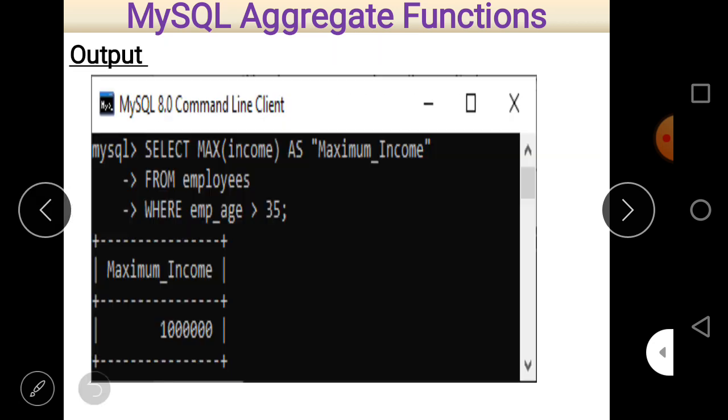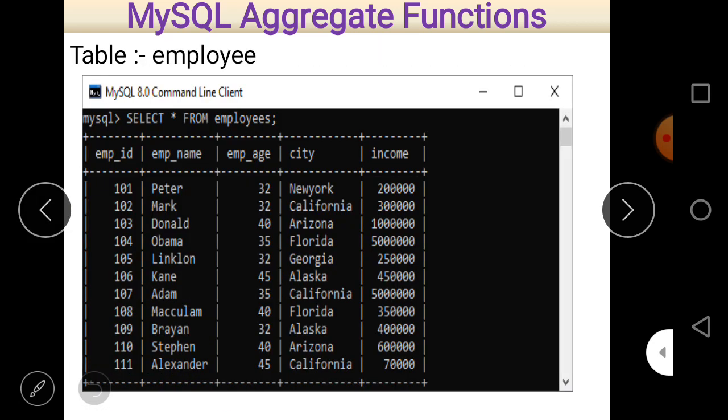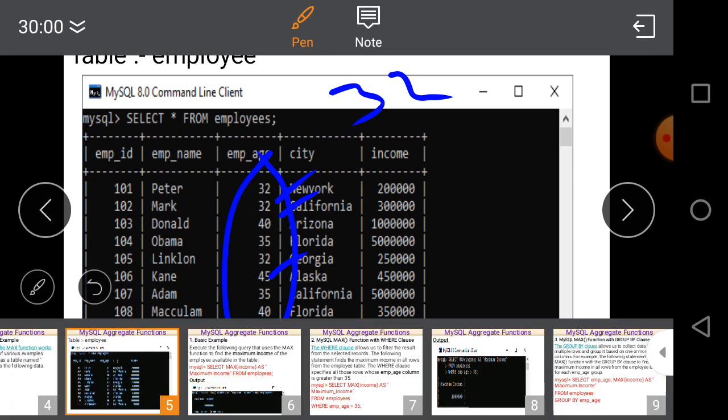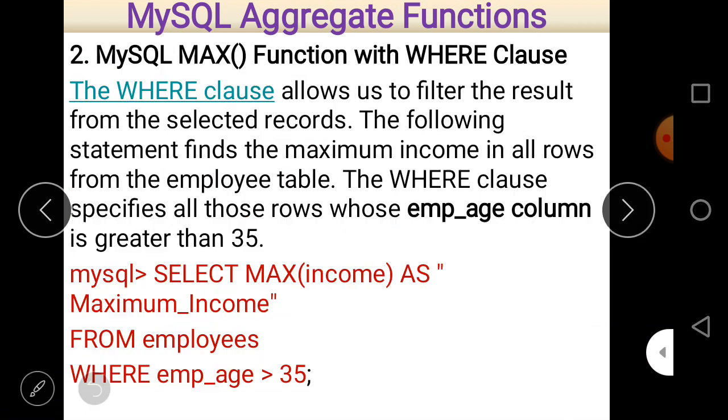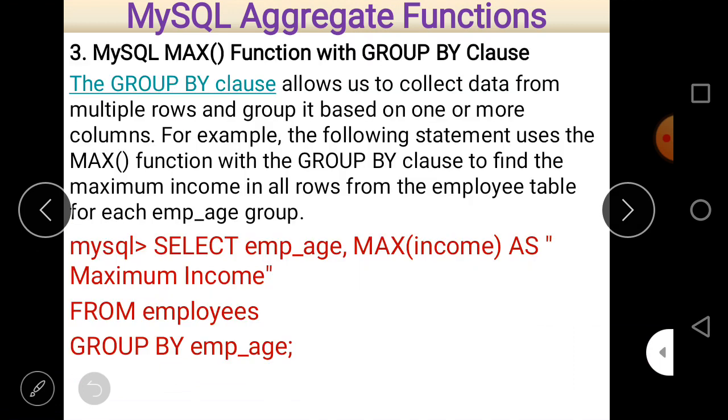As we know, there are different employee ages, and there is a repetition of data in this employee age also. For example, we can see that age 32 appears 4 times in it, 1, 2, 3 and then 4 times. So there is a group of age 32, and similarly data is there for different age groups, and we make a group on the basis of employee_age.